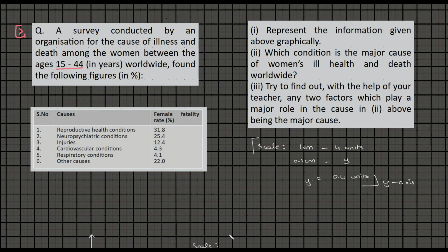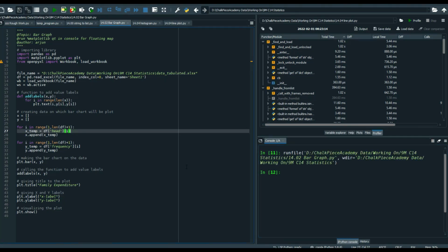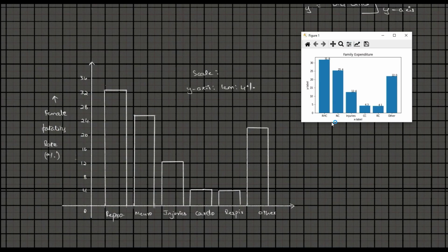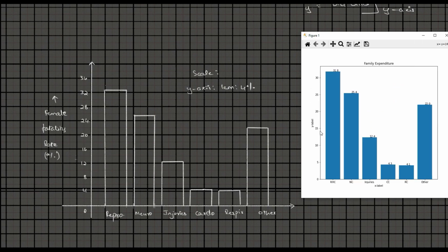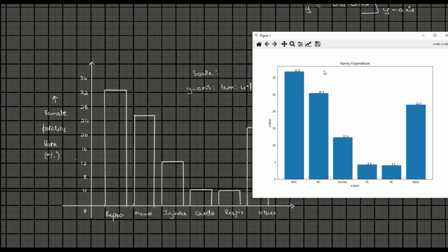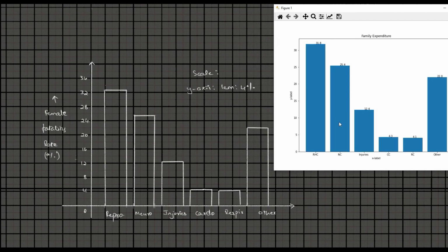Okay, we are done. So let's verify this with our simulation, and that's our output. So here too I've used shortcuts, that is, I've not used the entire name. I think yes, right, it looks similar, and we can check the values. 31.8, 25.4, even that can be specified. So this is something that you can instantly simulate, right? So it's that convenient.